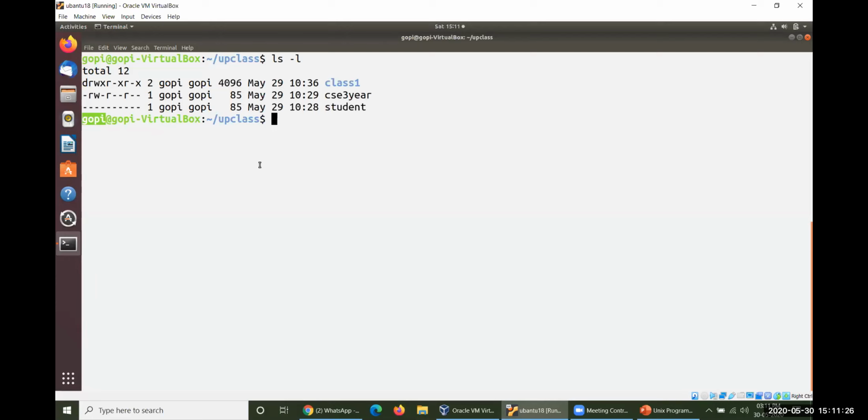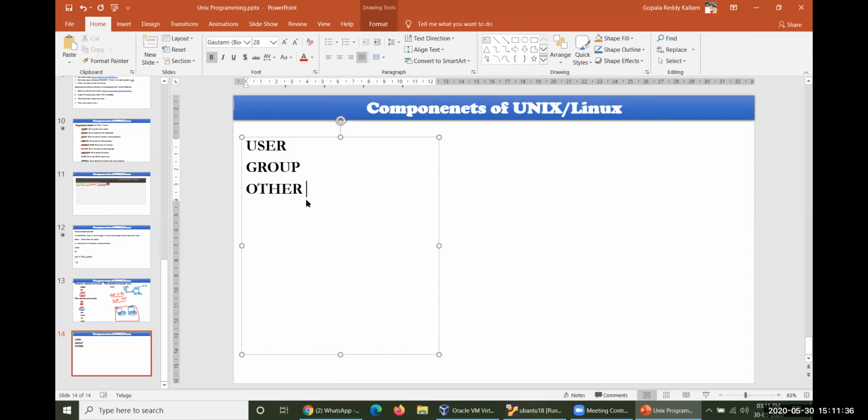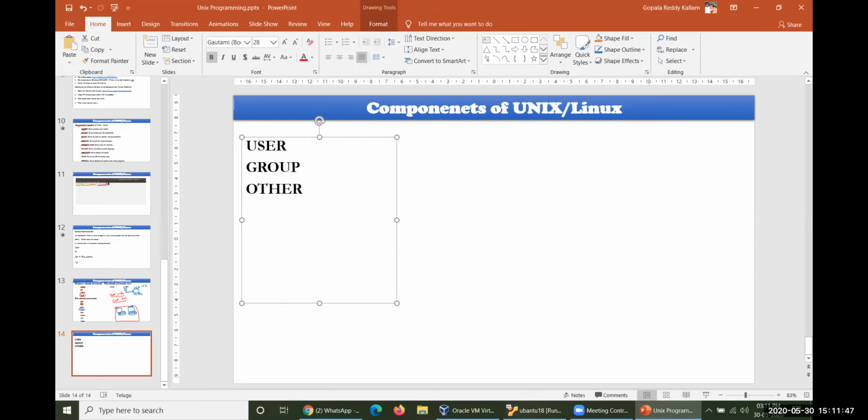And in addition to me, if anybody is connected and works with this particular system, in the sense of this particular server, they will be considered a group. And the same kind of other server will be there. If anybody is working with that particular server, they will be considered others.